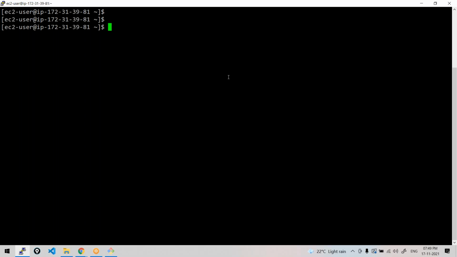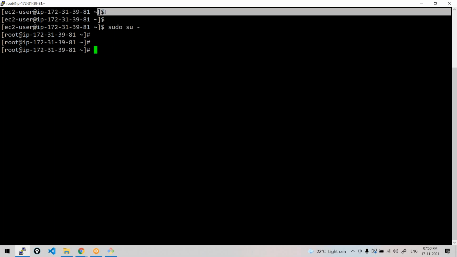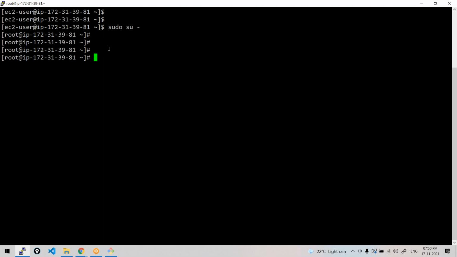So to switch to root user, sudo su hyphen. That will help you switch users in the same terminal. Unlike in Windows, you don't have a GUI where you go and select the users. No, from the same terminal you can switch the users with sudo su hyphen. See, I became a root user. Can you see the prompt? Here, root user and the host name or IP address of that particular instance. And the prompt has a hash, which indicates it's a root user. For a regular user, it will be $. Anyway, now let us check some Linux commands and proceed.